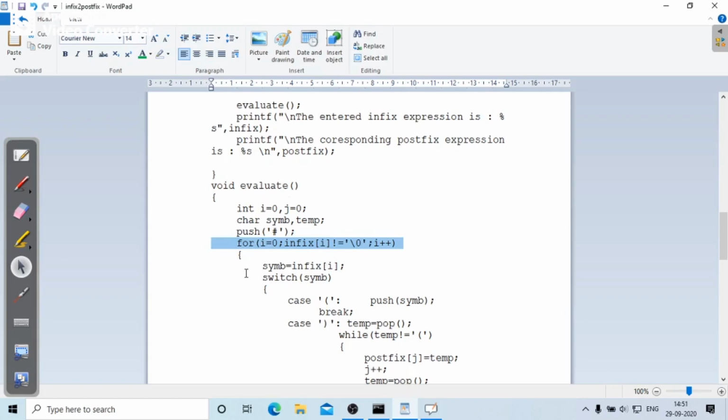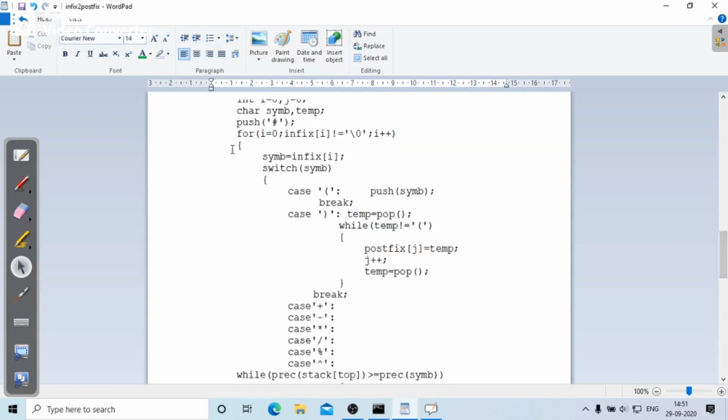The symbol will hold each character for every loop. Whenever I get any symbol, it will be processed through the switch cases.